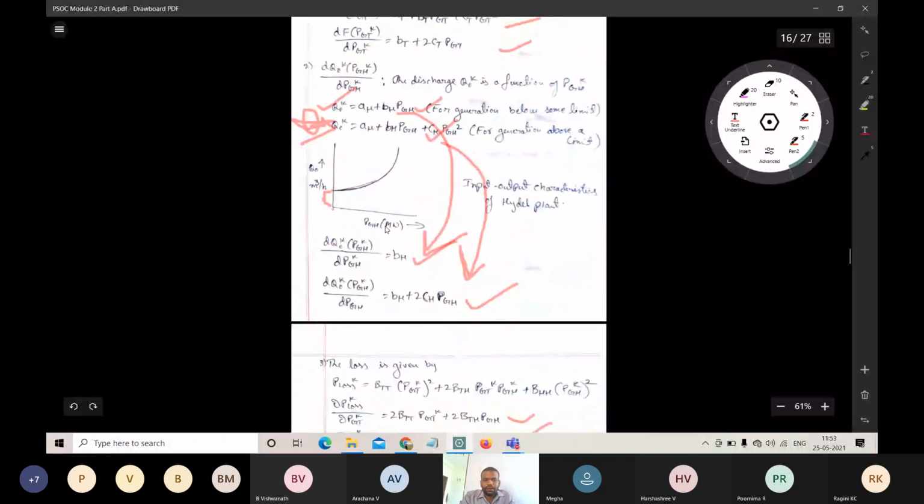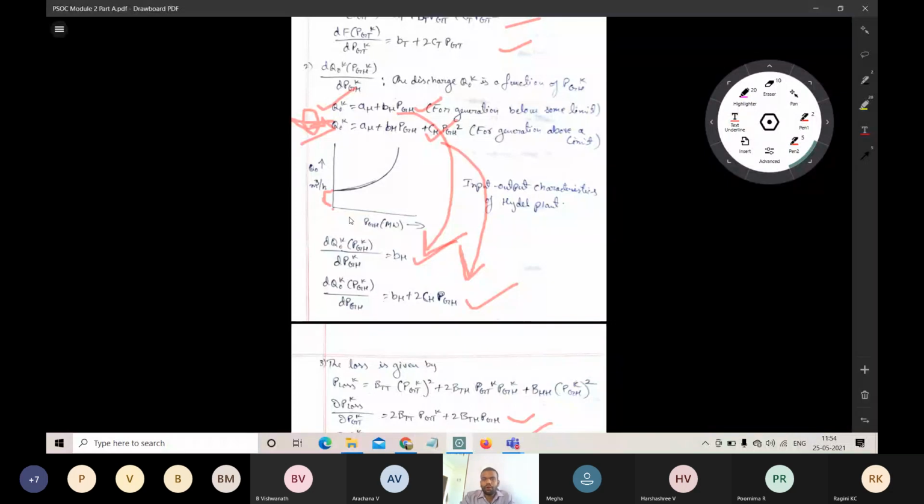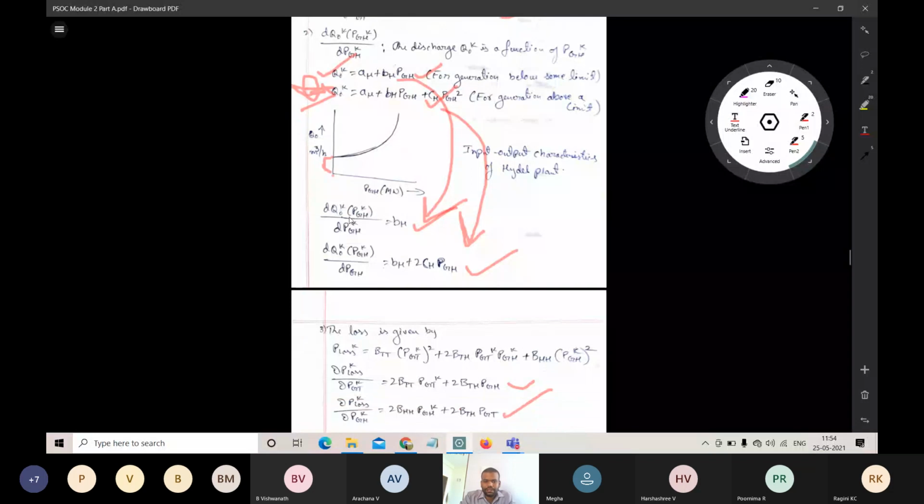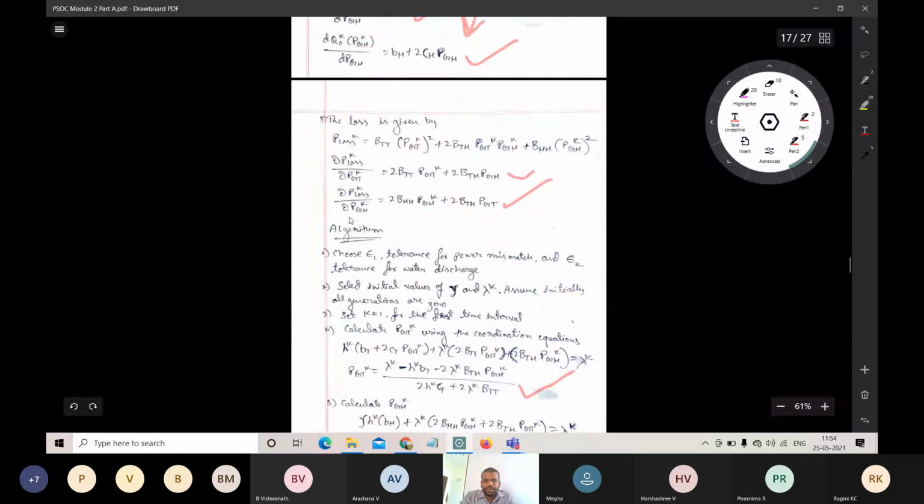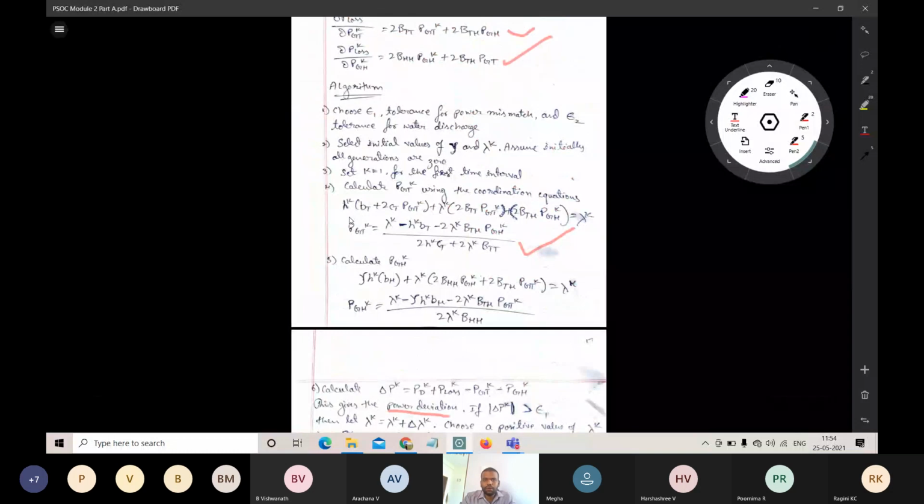And again, we have also derived the input-output characteristics for thermal generation as well as the output-input characteristics for hydro power generation. That is, how much power is generated by how much water is available. By using the available amount of water, how much power we can generate. So we characterized that here. And the algorithm is simpler. Just use PGT(K) and PGH(K).